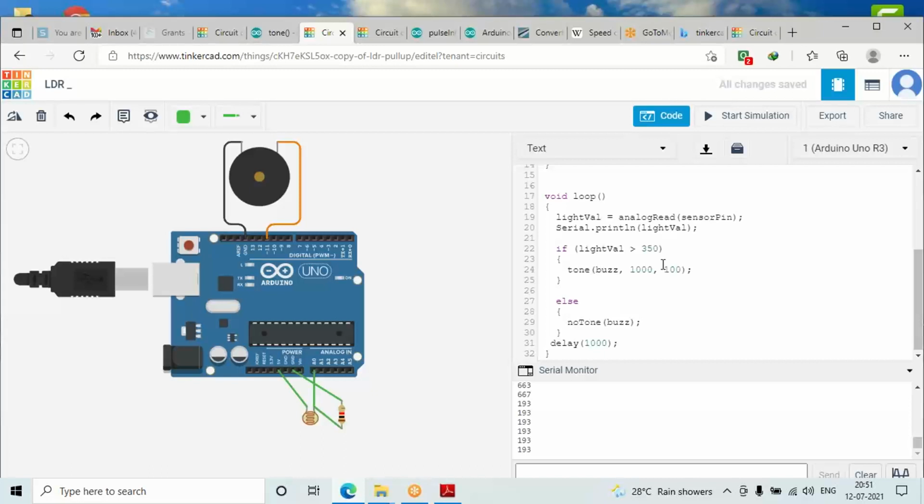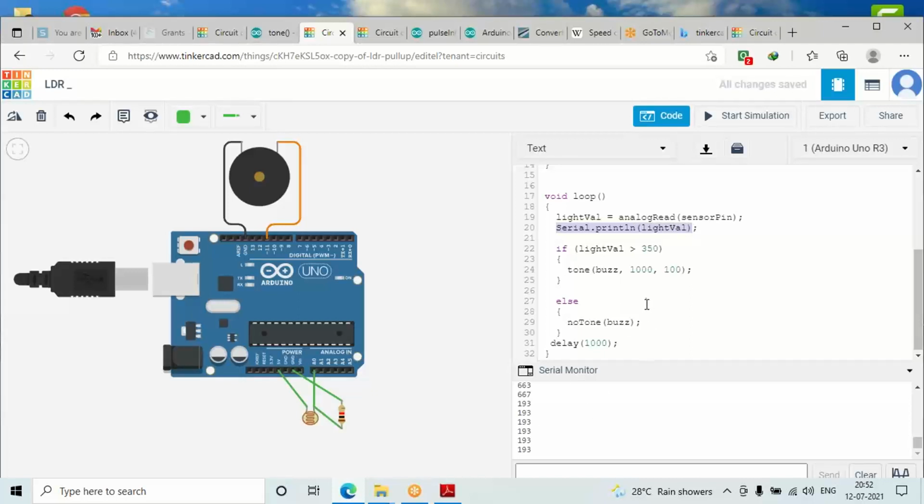By default, we have taken A0 only, which is saved in the variable sensorPin. Once analogRead reads the data, it will store it in the variable lightVal, and that we are printing out here with the function Serial.println. With the help of this Serial.println, we are printing in the serial monitor.